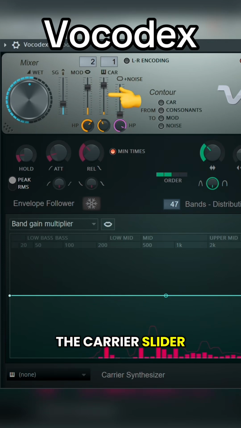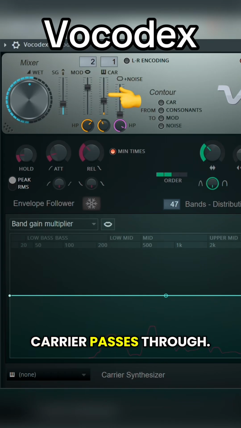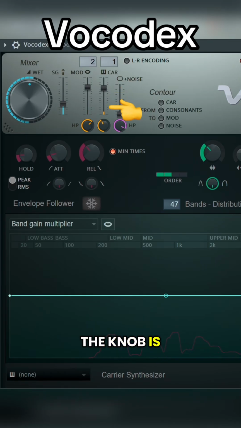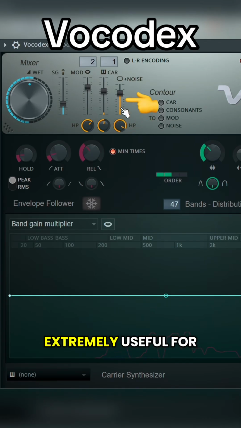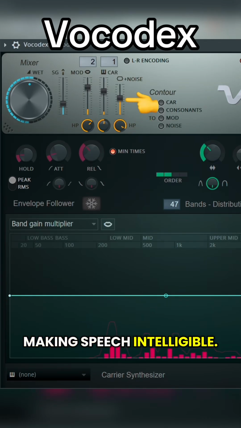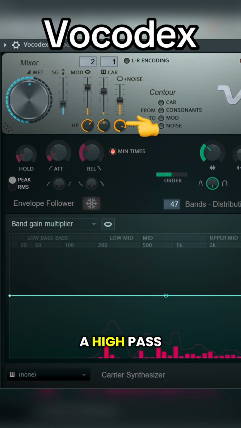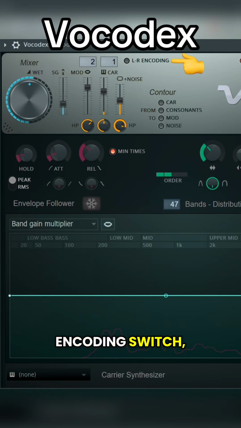The carrier slider controls how much of the raw carrier passes through. The knob is the low pass for the carrier pass-through. The noise slider adds broadband noise to the carrier, extremely useful for making speech intelligible. The knob is a high-pass filter for the noise slider. The LR encoding switch is a special stereo mode where left channel equals the modulator and right channel equals the